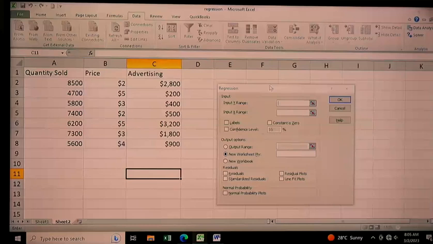The independent variable is the variable on which we base our changes, but a change in this variable will affect the dependent variable. So here, what are we predicting? The output, the quantity sold. Based on what? Based on price and advertisement. So what do we now have to set as